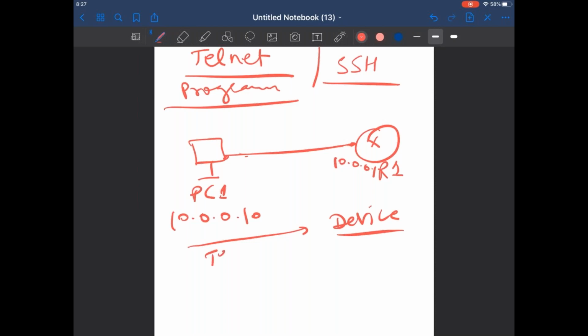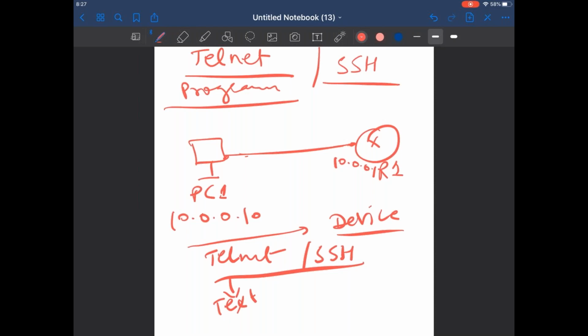If I talk about Telnet and SSH, both are the same, but the main thing is whatever communication happens via Telnet will be in plain text. Text-oriented communication.